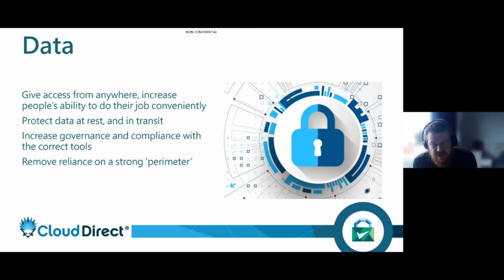We want to be increasing our governance and compliance. We want to know what we're holding. We want to know that we're protecting that data, and we don't want to be exposing any risk. And what we're also doing is we're removing a reliance on a strong perimeter. This is one of the biggest moves in terms of remote and hybrid working when we're looking at cloud solutions, is that we are no longer protected fully by our network firewalls and our office-based spaces. So we need to make sure that we are moving that security boundary and we are keeping things secure, we are keeping things strong, and we are keeping our access controlled.